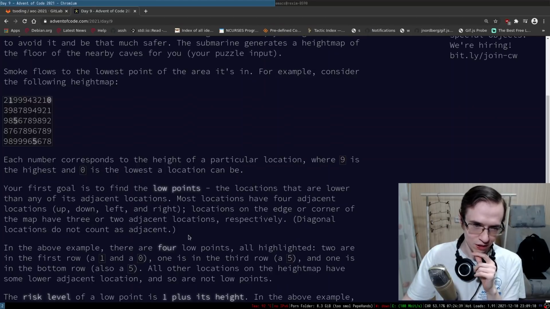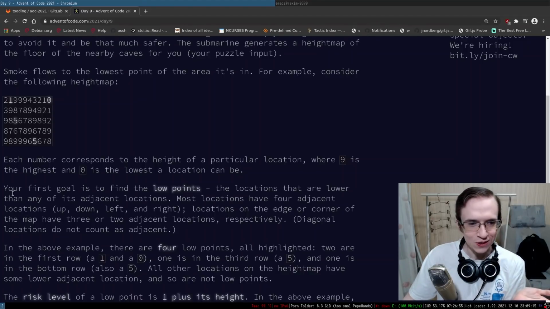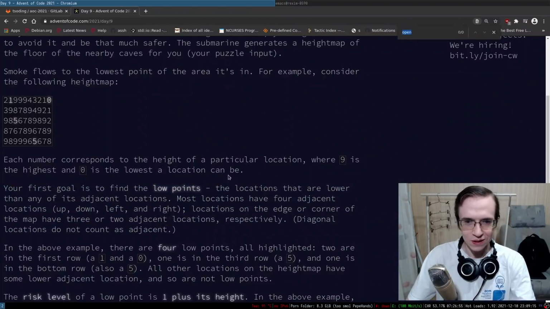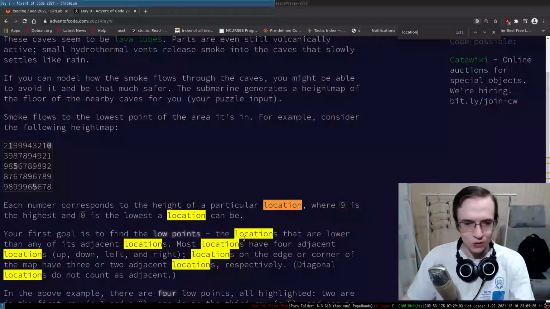Most locations have 4 adjacent locations. How many times did we have to say locations? Wait a second, I don't know, like locations. So